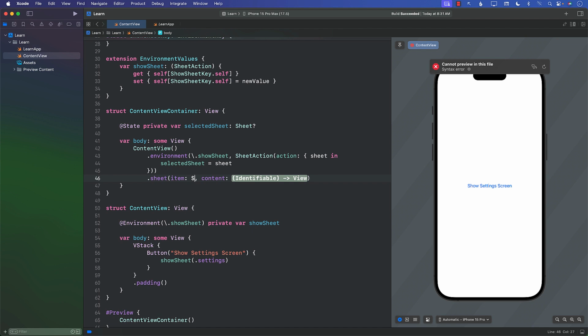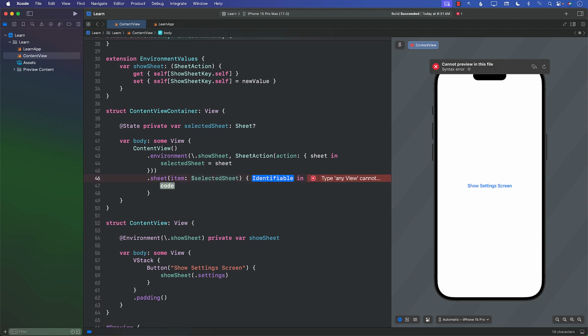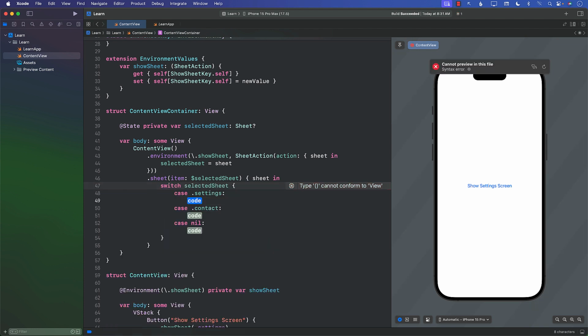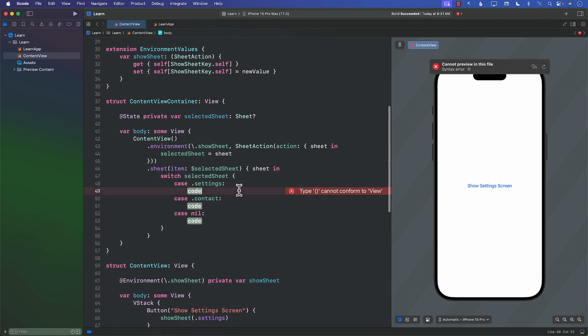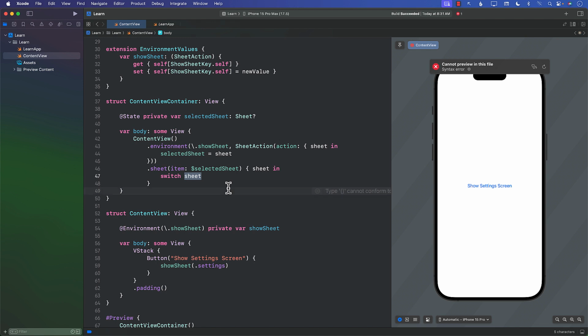And I can actually say, whenever the selected sheet changes, give me the sheet. And then we can do a switch on the sheet. And now it is our opportunity to display something. All right. So what can we display over here? Actually, oh, not selected sheet over here. Sorry. Hold on. Let me go back a little bit. This will be switch on the sheet, not the selected sheet, because the sheet over here is already unwrapped. So we should just use that one, right? So switch on sheet,